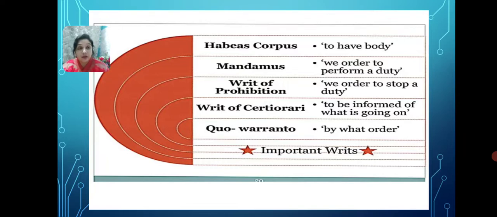So by what order? If the teacher punishes, then a sudden question arises, what have I done, why are you punishing me, or why should I get this punishment? So by what order? But in jurisdiction, quo warranto is not that, it is different. In jurisdiction, quo warranto means by what order, that is, it is issued when a person has usurped any office. Now what do you mean by usurping or usurpation? Usurping means taking the power of someone by force, by cheat, or by treason. Okay, that you call it as usurping.